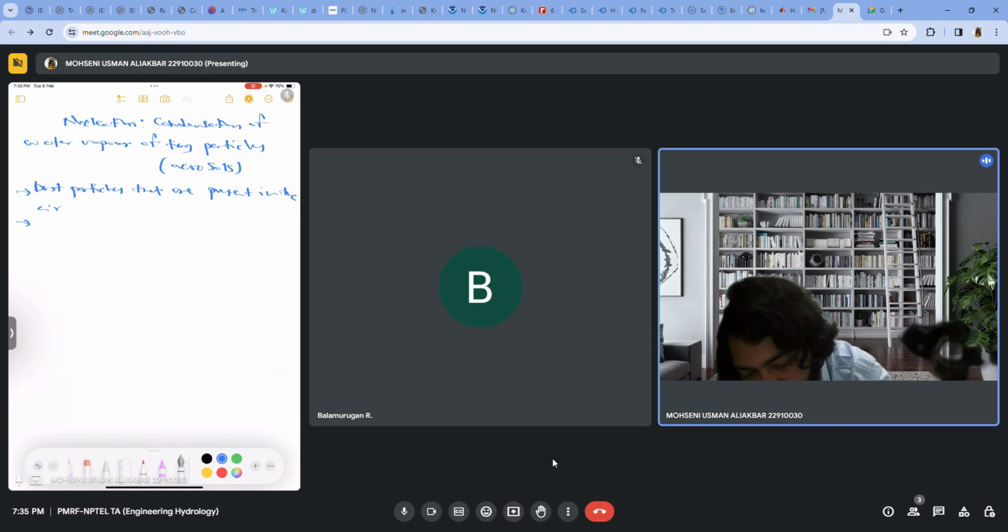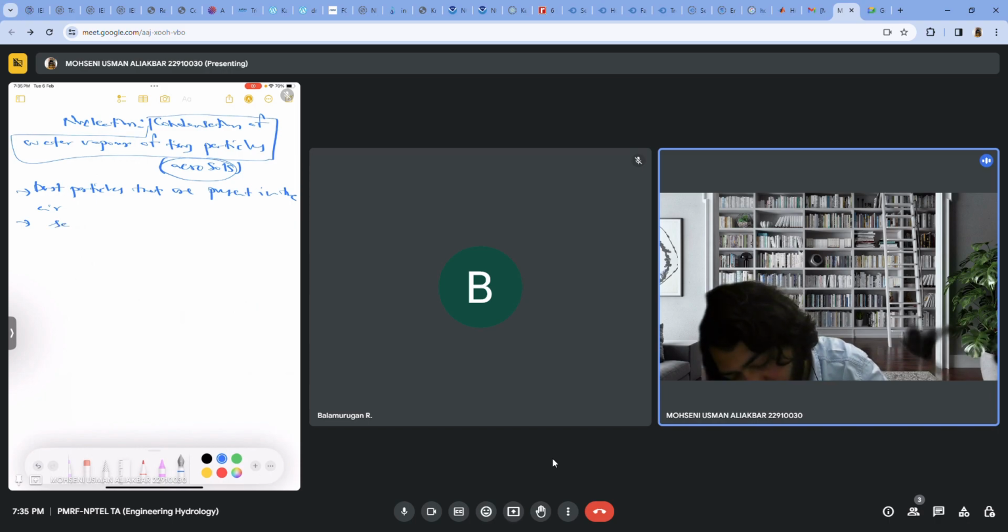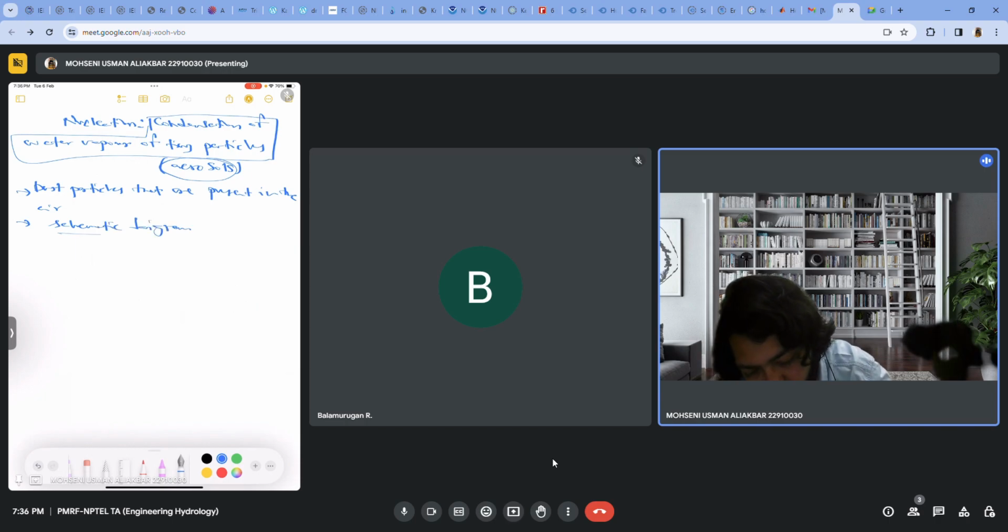so nucleation, we know what it is, is nothing but the process where condensation is happening, and this condensation is happening as the water vapor is moved up along with the tiny particles called aerosols, which are already present in the atmosphere. We have a good schematic diagram as well. If you look at the notes that have been uploaded in the portal, you will find a good presentation where they have explained how lifting of